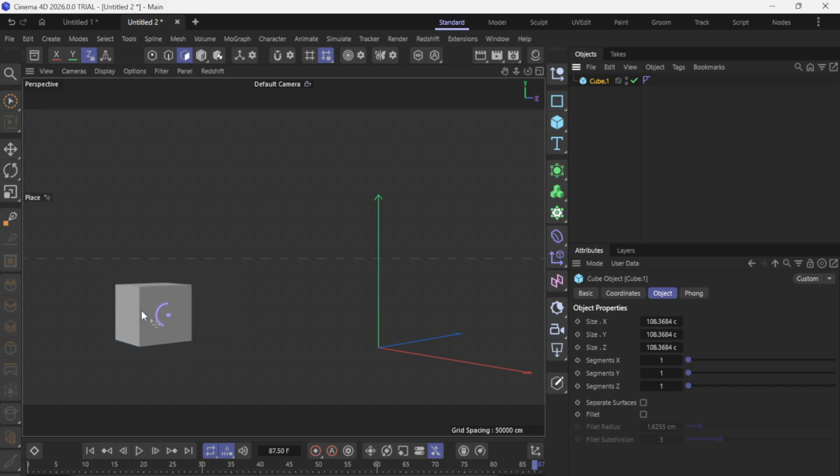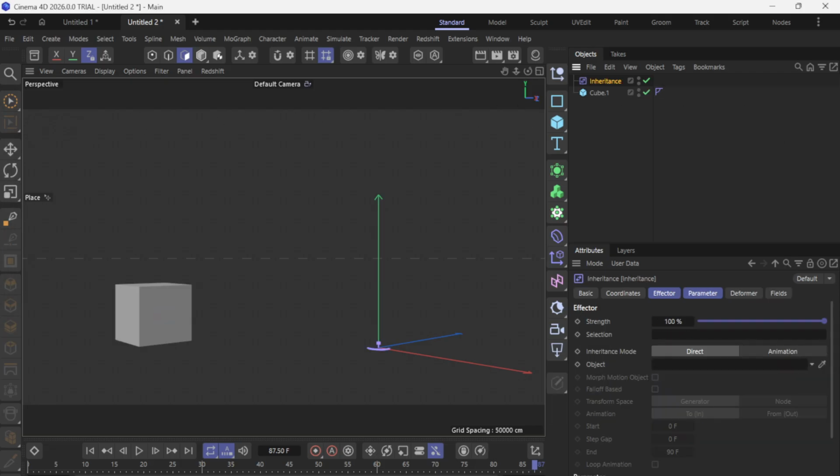In the effector settings, enable the morph motion option, then drag your end cloner into the morph motion object field. This tells the first cloner where its clones should travel during the morph. Set the effector strength to 0 to start at the original layout and increase it toward 1 to complete the transition. If clones aren't lining up as expected, check the cloner's distribution and sorting mode so each clone has a